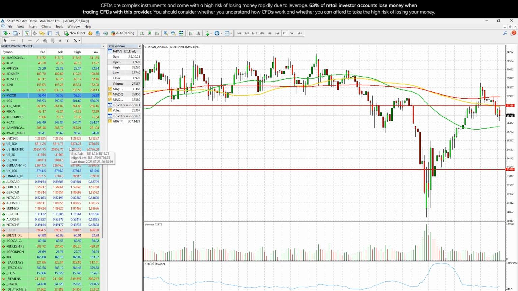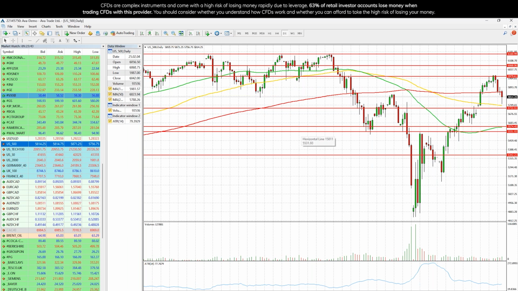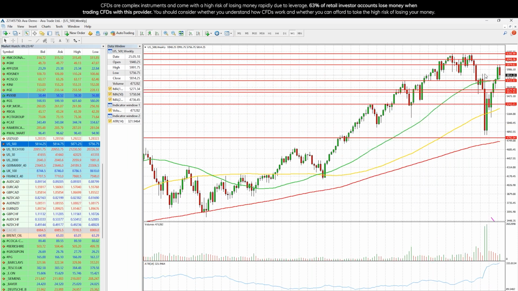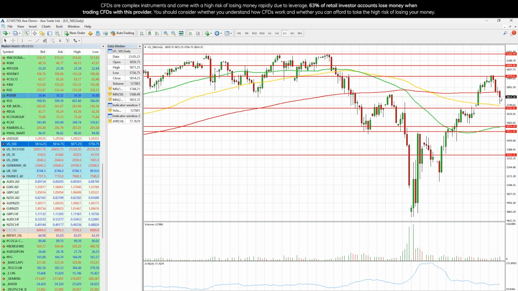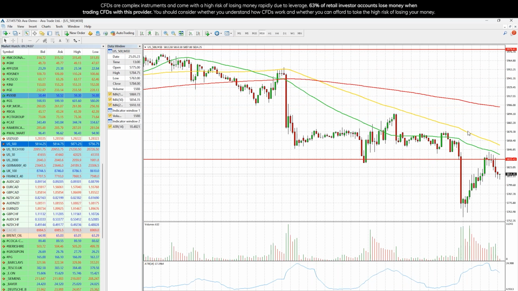US indices, let's take a look at them here. They're part of the losers for the week, so we're not going to return to that again. But here we go. On the weekly chart, we had a drop. Daily, we did close below 200 moving average again, and we are, I think, below that previous resistance from end of March. We did have recovery though, so let's just take a look at dynamics here.